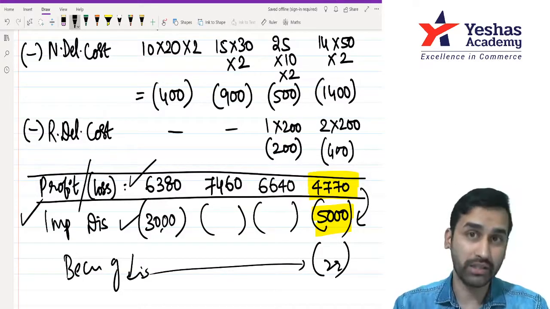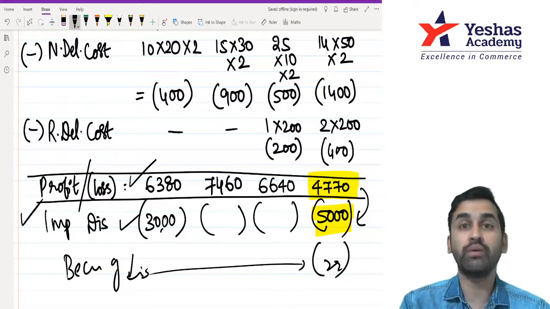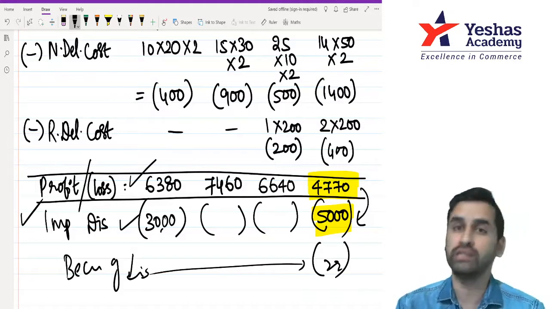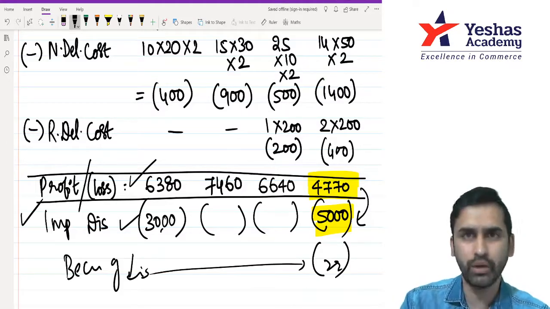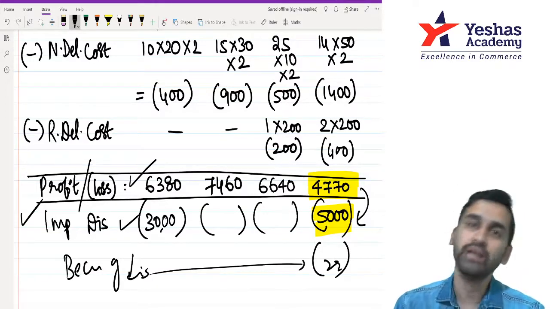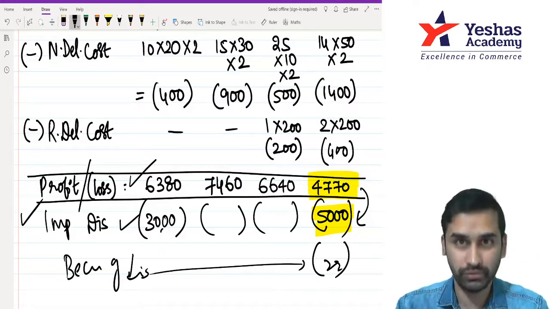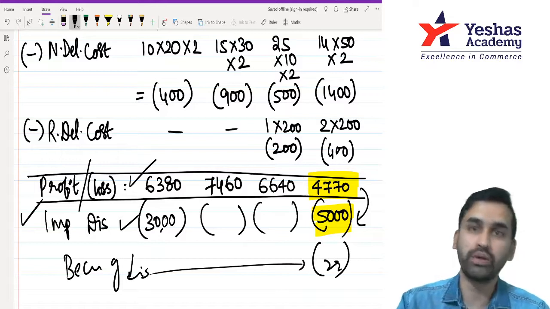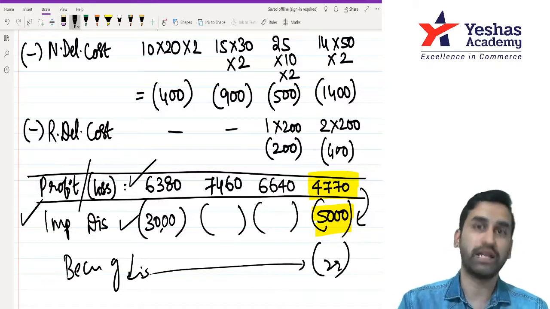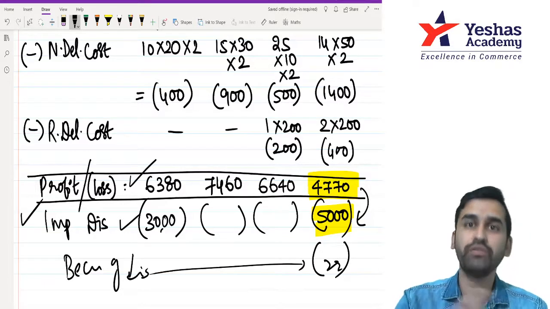Clear? If they ask you, then the question will be something like this: explain or what are the advantages of disclosing the income statement with and without discount. Then you will write a comment saying, because of discount only one customer is giving loss to the company, whereas other 3 customers, even with the discount, they are giving us profit. So because we showed before discount and after discount, we now got to know which customer is actually profitable to the company and which is non-profitable because of the discount decision.